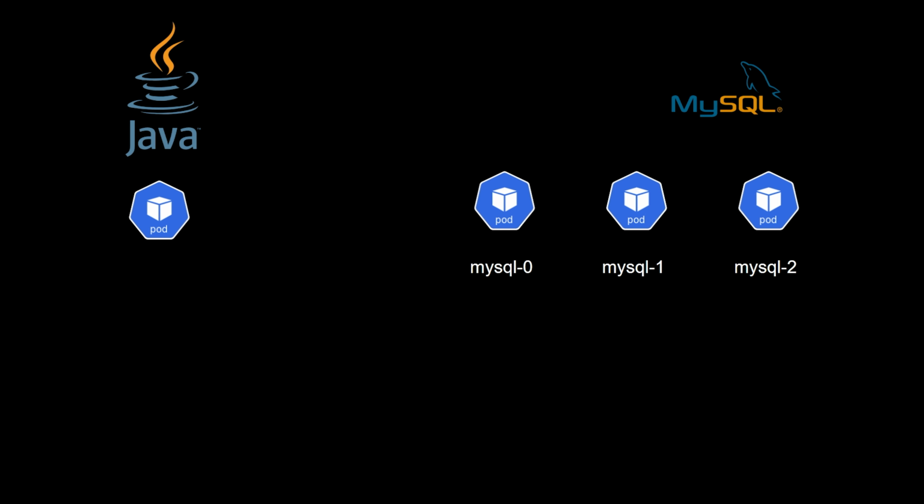So a StatefulSet will create all our pods in the Kubernetes cluster using a sticky identity. What do you mean by sticky identity? That means whenever a pod is created, that pod will have a unique name. That won't be randomly generated. That unique name is created using the name of the pod that you give and the replica value. So it will start with 0, 1, 2 and so on, depending on how many replicas you give. And all these pods which are created will have the same specification, but they won't be interchangeable. So we will have a persistent, specific identifier for rescheduling our components in the Kubernetes cluster.